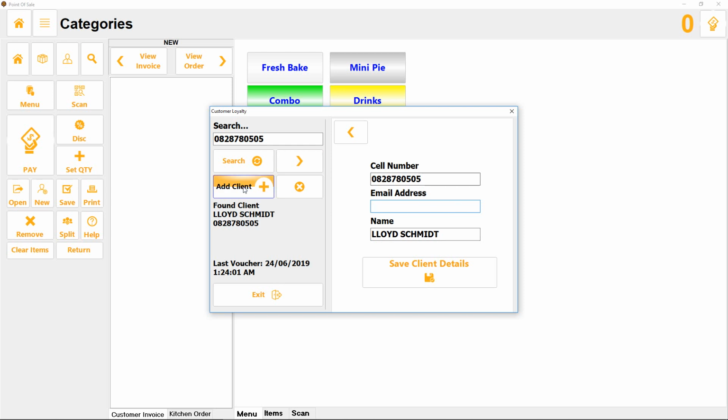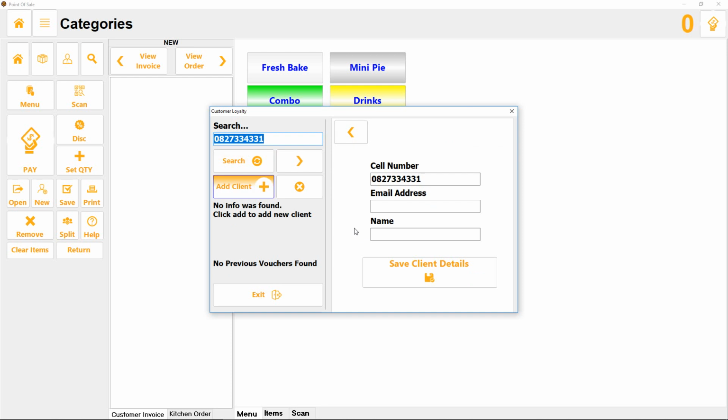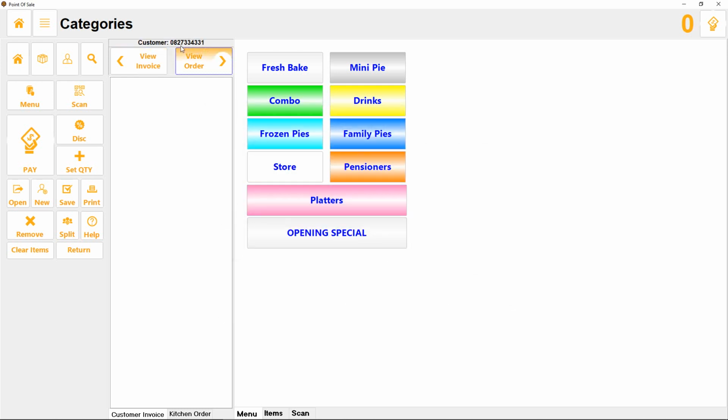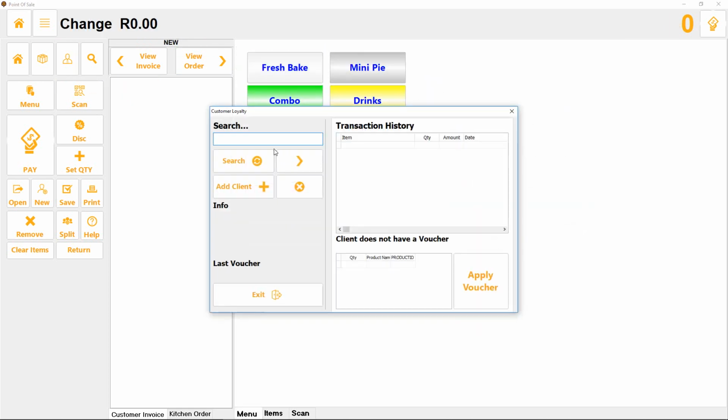But let's say we want to add a new client, and this is now stating no info was found for this client. I could add the client and save the client details. Once that is done, all I've got is the client invoice number, and I continue to add the client. So there we have 11 pies added. Ring it off, and next time we come around,